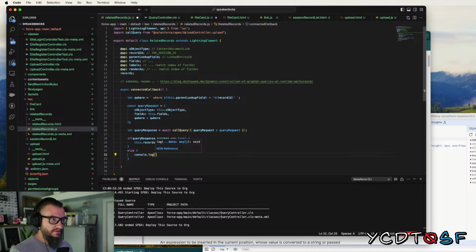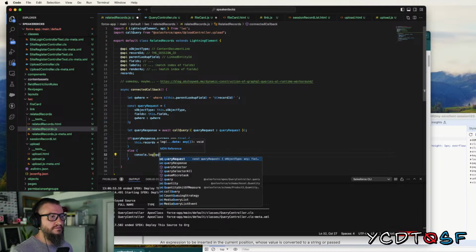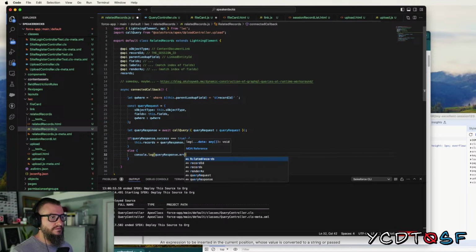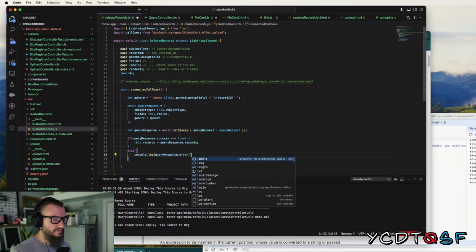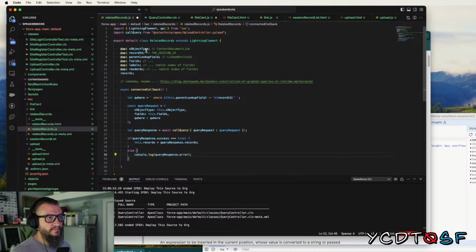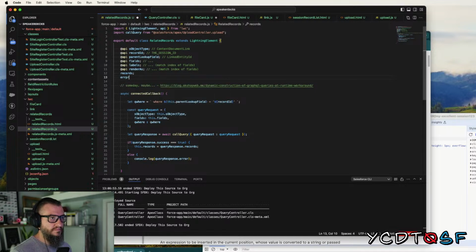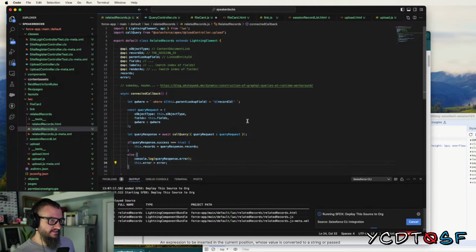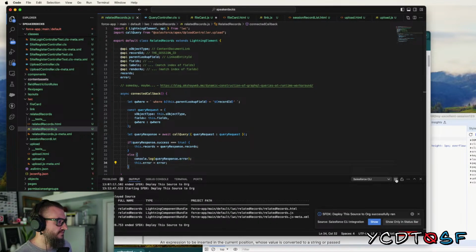Console.log. There we go. Okay, not much to that. So that's exposed now, so we can